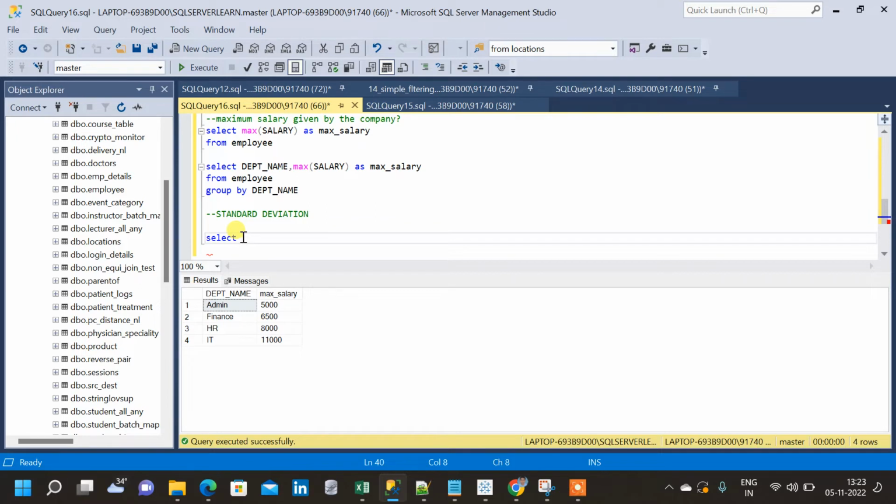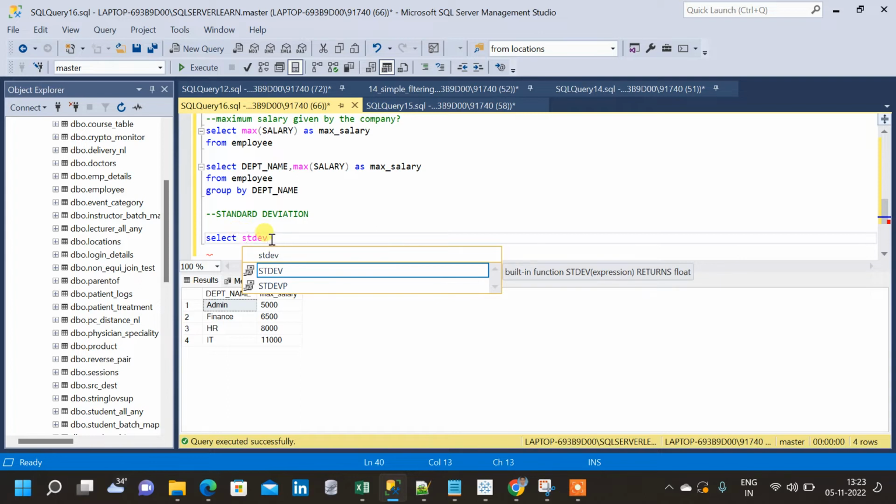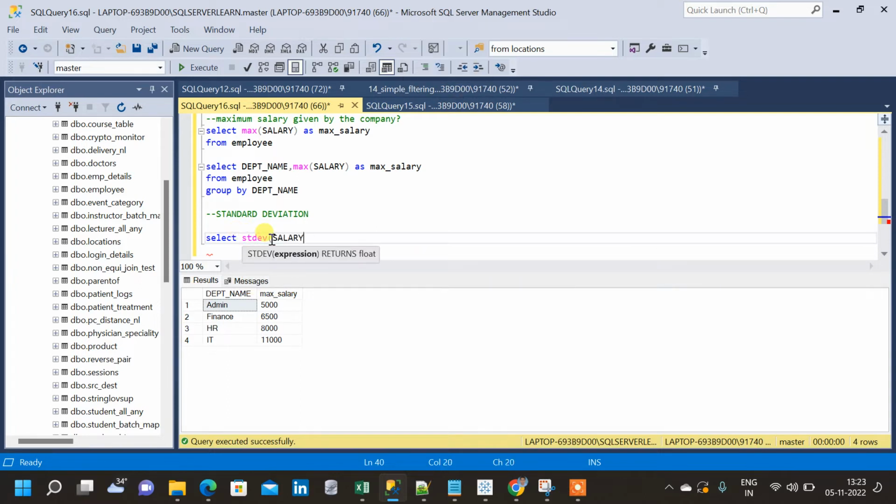Now I'm calculating the standard deviation. Select STDEV. That is how we write the function for standard deviation, and the column is salary as standard deviation from employee table. Let me run this and see what is the standard deviation. Yes, so the standard deviation is